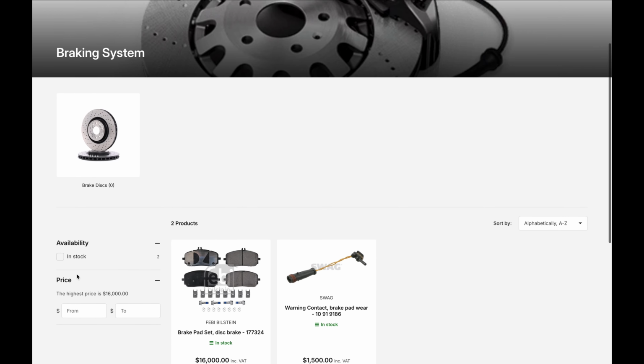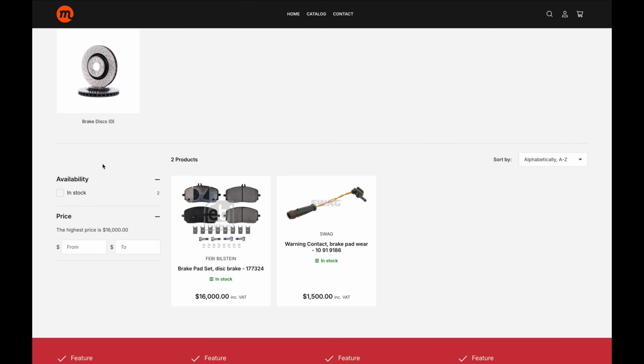And there you go. The vehicle filter has been removed for a cleaner user experience, and the product details are now displayed